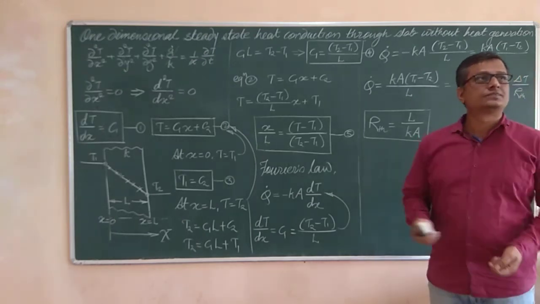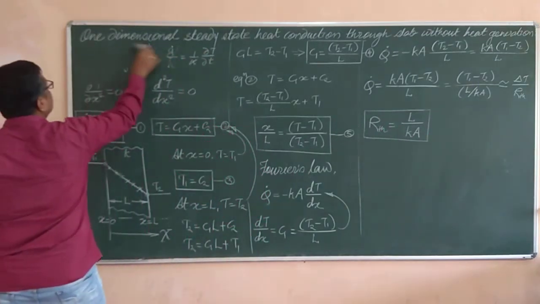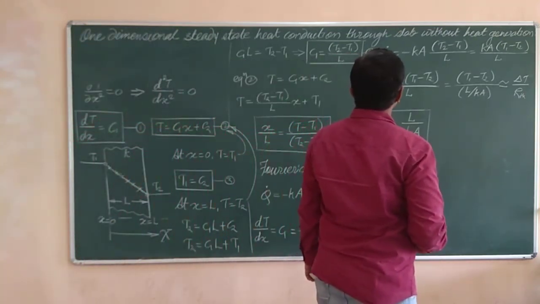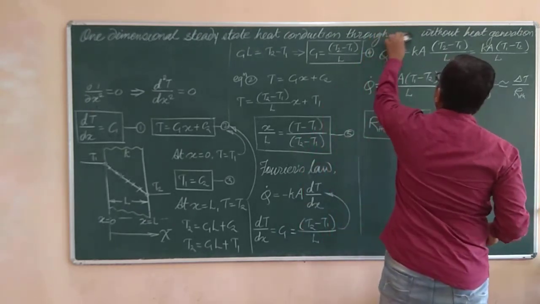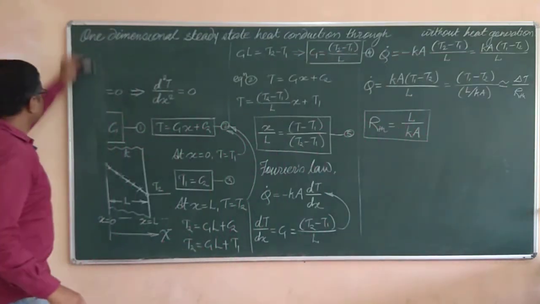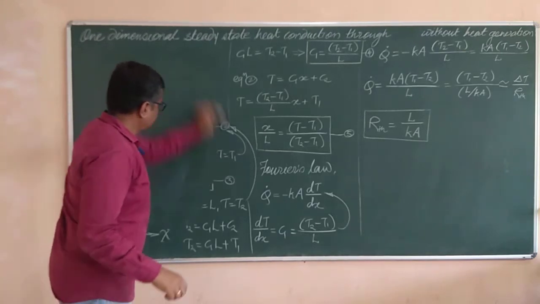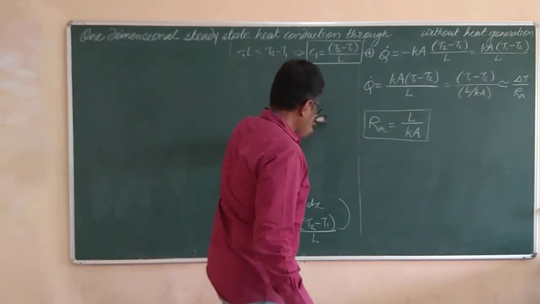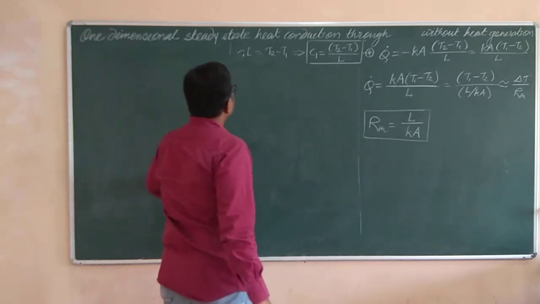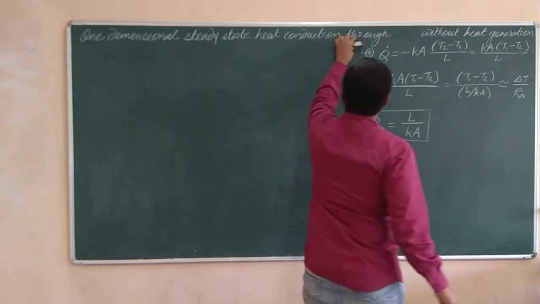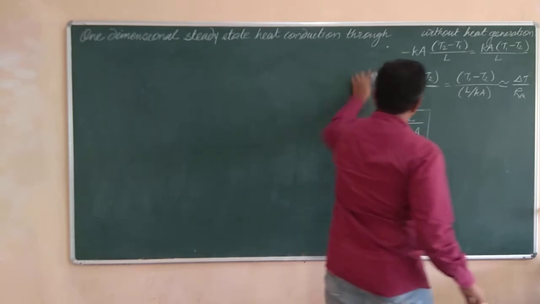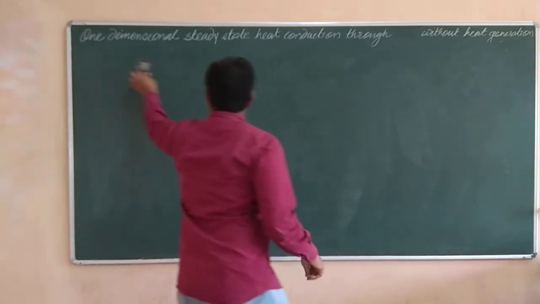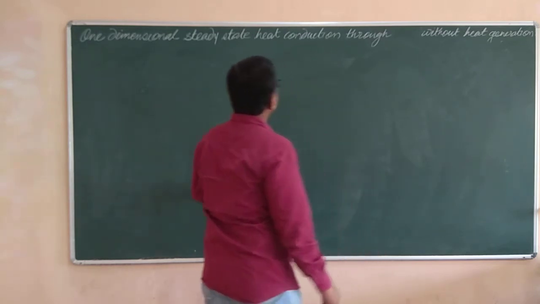So let's take down another one. Let me rewrite the title: one dimensional steady state heat conduction through, not a slab, it's a hollow cylinder. One dimensional steady state heat conduction through,